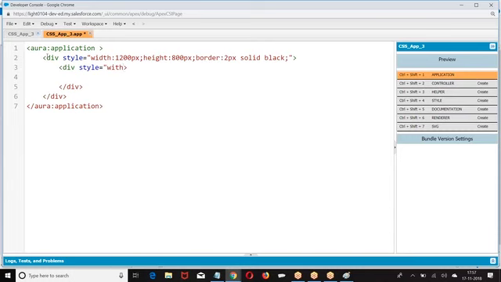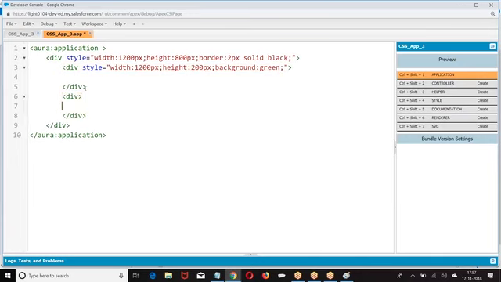Style, width 200 pixel, height 200 pixel, background green. Second one. Second element we have.